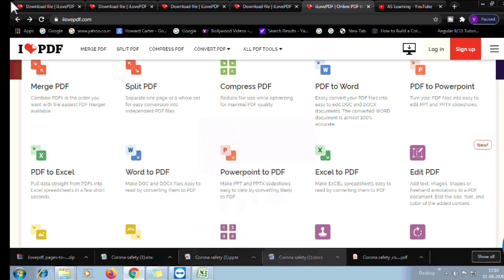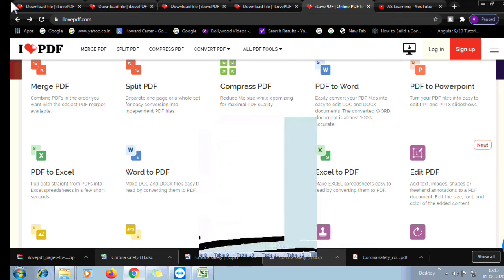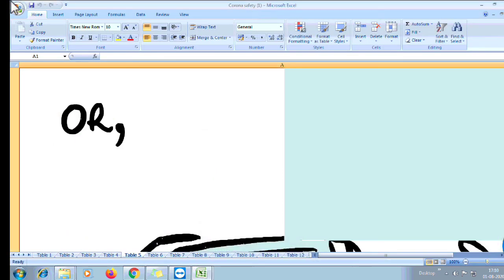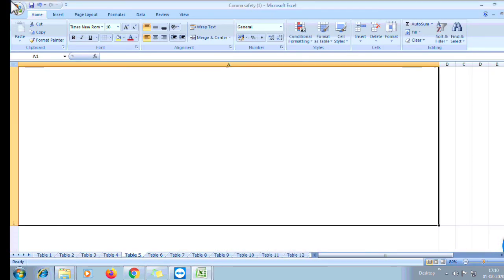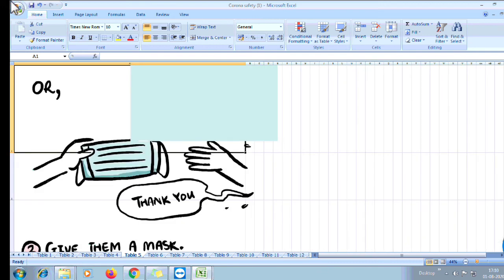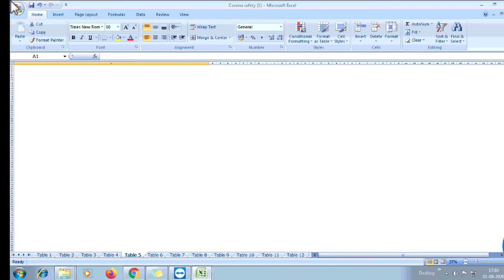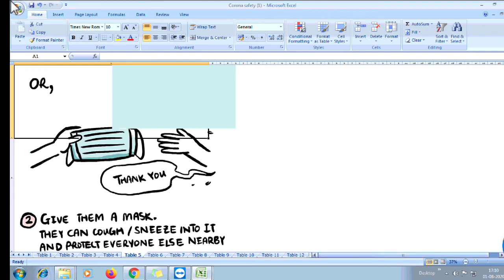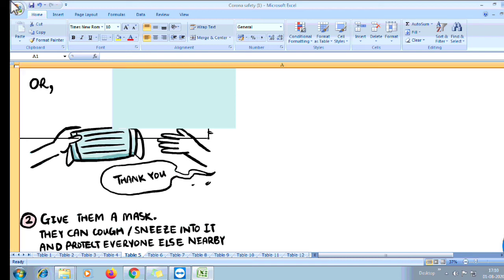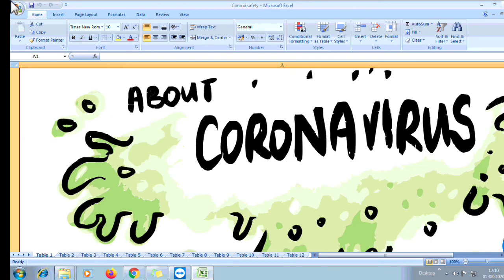Now our other option was Excel. So it will depend on your file, as this PDF contains very cartoon-like content, so it is not getting reflected in Excel as required. But if you have a plain document, like a tutorial or some plain text in black color, it will convert into Excel properly. Okay, this is how you can convert into Excel.